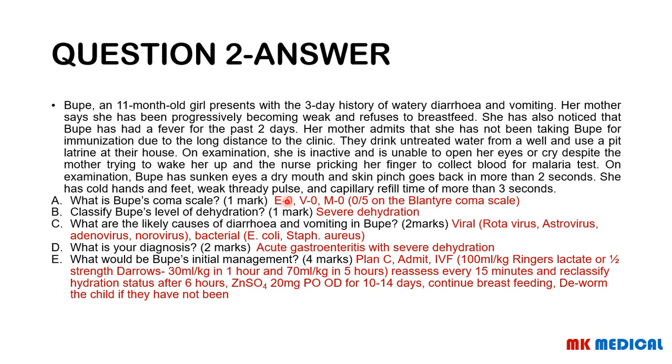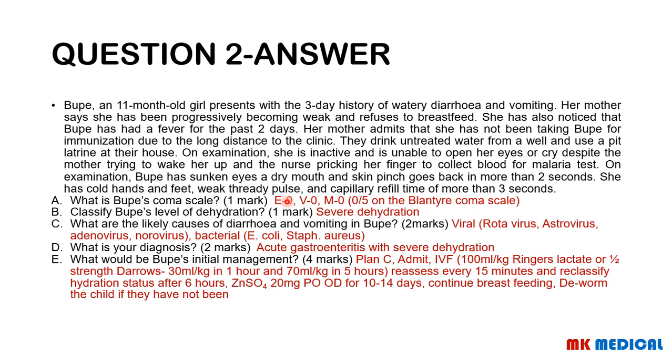Now, the fact that this child is unable to drink, they are unconscious, there are features of dehydration like sunken eyes, a skin pinch that goes back more than 2 seconds, and of course a delayed capillary refill time and a weak thready pulse. Already these are features that are going to be pointing towards severe dehydration. Remember, dehydration is classified as no dehydration, some dehydration, and severe dehydration. We no longer want to use the mild, moderate, and severe.